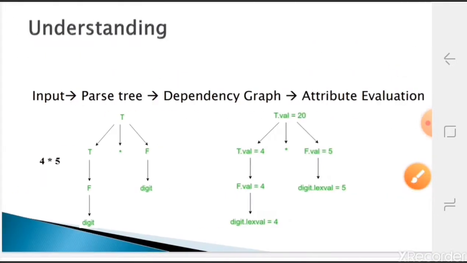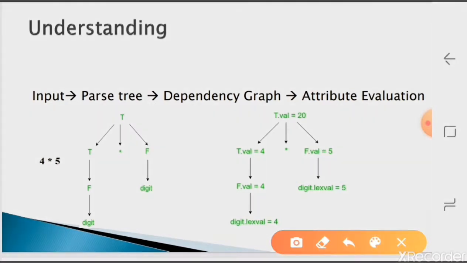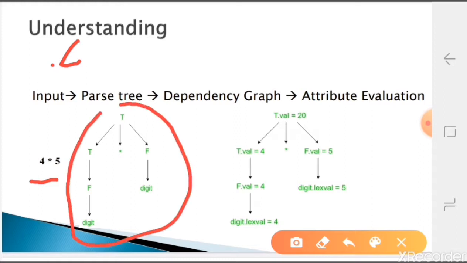So that is for the understanding purpose. Let's take whatever program there is. Suppose a .c file is there. Whatever source code is in this file is the input which will be read by the lexical analyzer phase. Then it will be converted into tokens and given to the next phase, that is the parser or syntax analysis phase. The parser will generate the parse tree. Up to here we have already studied.